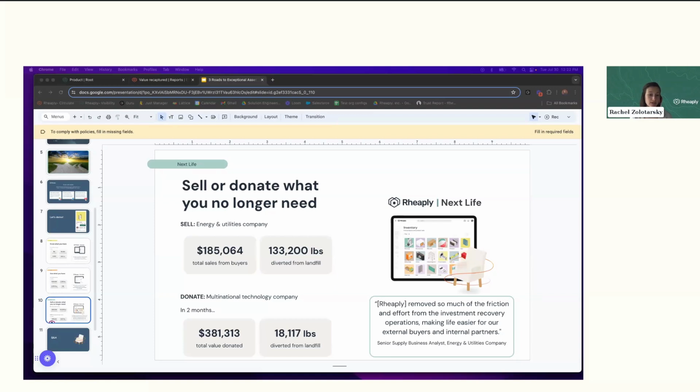So in just 2 months' time, our team activated our network of nonprofits that we mentioned earlier in the call, and they identified 22 vetted and approved partners to take the items. We were able to move 100% of the surplus items in the warehouse, and that represented just over $318,000 in donation value, which is crazy, and diverted 18,000 pounds from the landfill, which was really exciting.